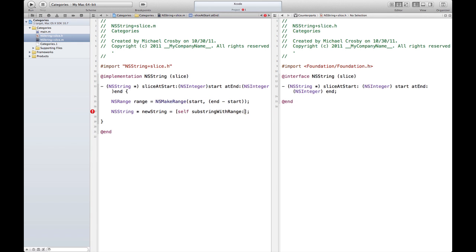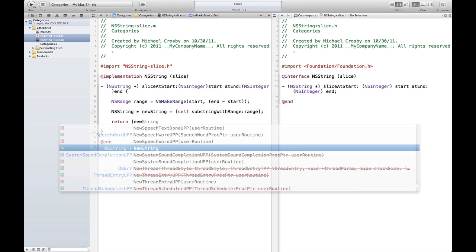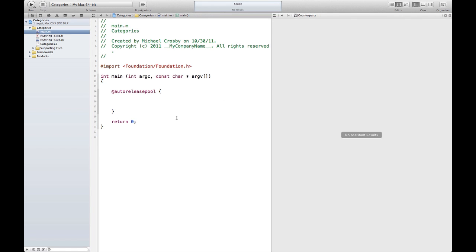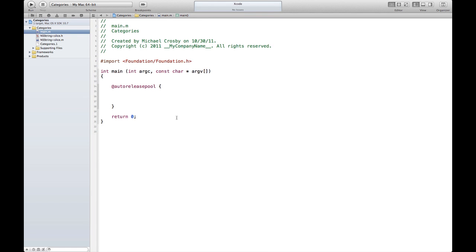So substringWithRange, pass in our range. Now we have a new string which is split at that substring, and we will just return newString, autorelease it. Okay, so now we just added slice to NSString. So in our main function here, we do have to import this. So import